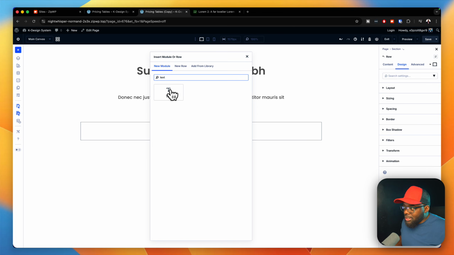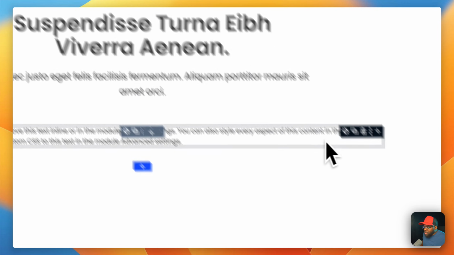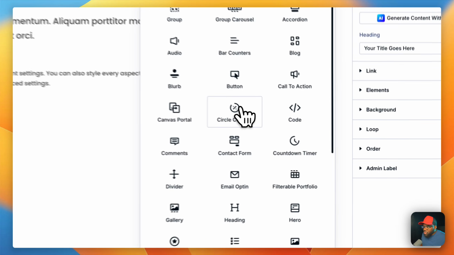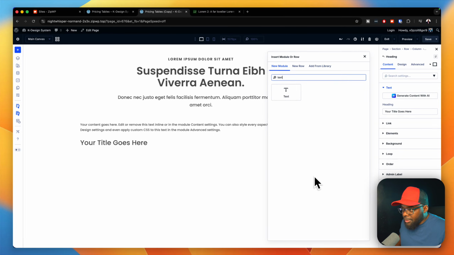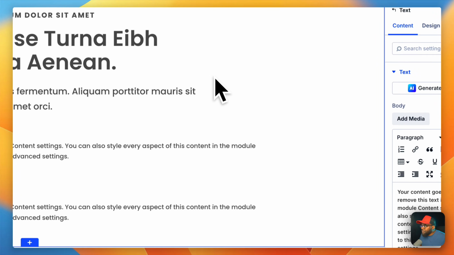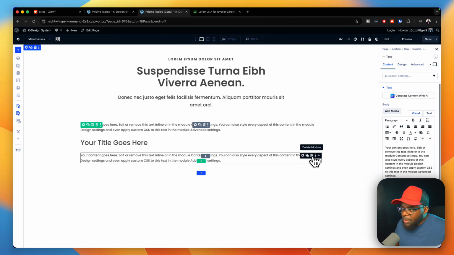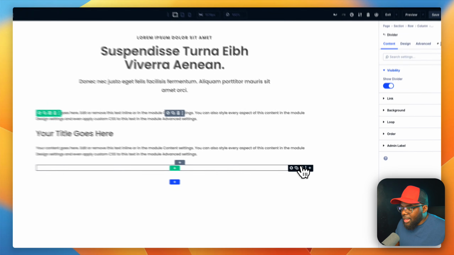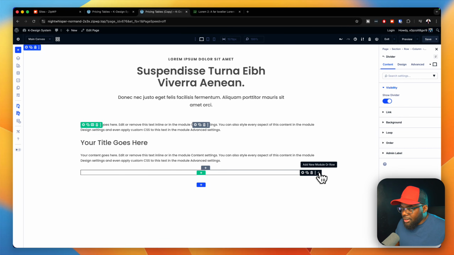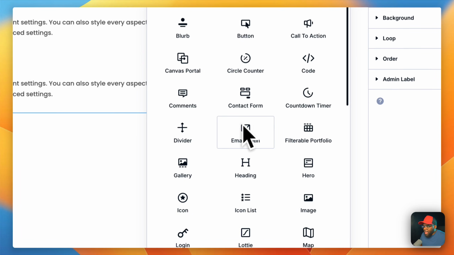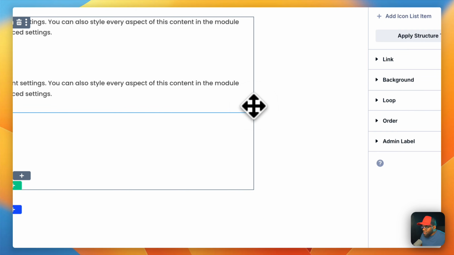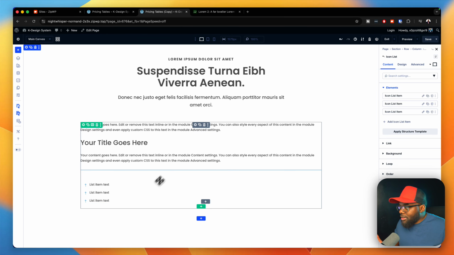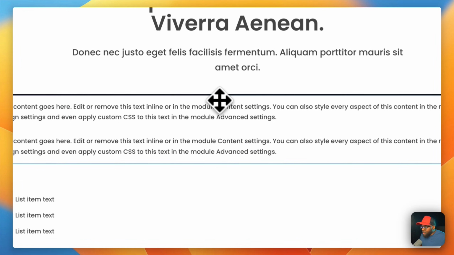So the first thing I'm going to need is text, and then I'm going to need heading. So I'm going to click here on this plus button, add my heading. I'm also going to need a description text. So I'm going to add my text like that. And I think to separate this, I'm going to need a divider. So I'm going to set my divider like that. And then after the divider, I am now going to have my icon list like that. Okay, so far these are the elements that I need. So I just need to make sure that I rearrange this